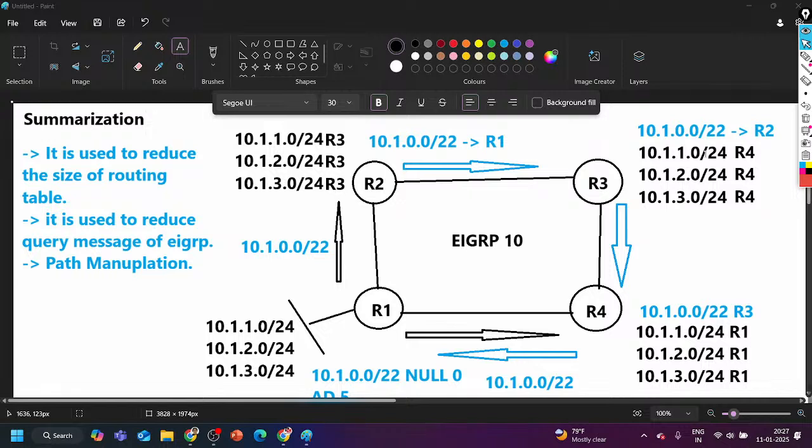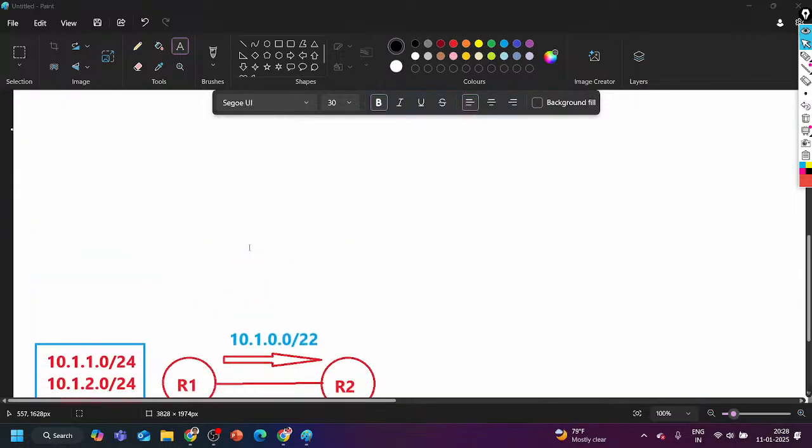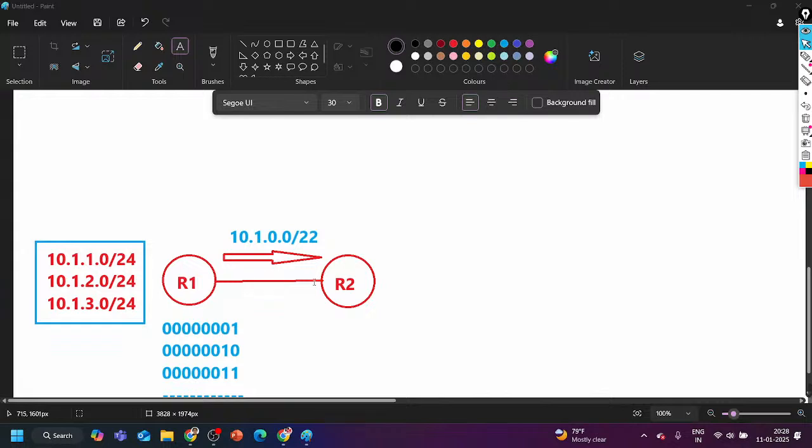No, sir, it was receiving 6 prefixes, but it was installing only 3. But now it is installing 4. No, router 3 was performing load balancing. Okay. See, with the help of summarization, how can you say we are not reducing the size of the routing table? Instead of 3, if a device is installing 1 prefix, that is definitely reducing the size of the routing table. But sir, from the other way it is receiving 3 as well, so it becomes 4 routes in total. If we have this kind of topology, then